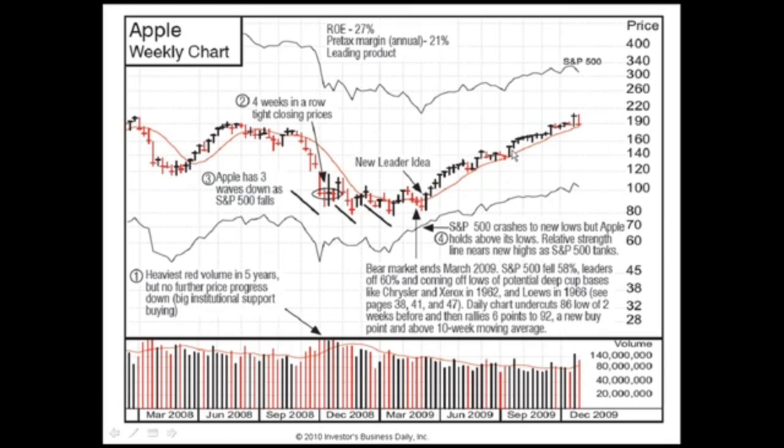Now you've got your cup with a handle, but we were buying coming off of the bottom, rounding out of it because of the divergence that we had from the market and the other signs it was being supported along the bottom for a number of times. Now we'll go to another one to show you.